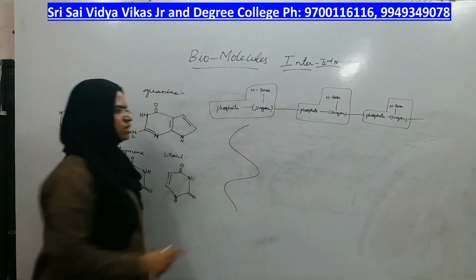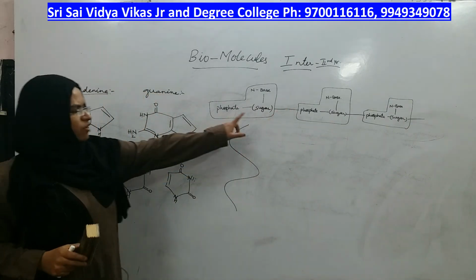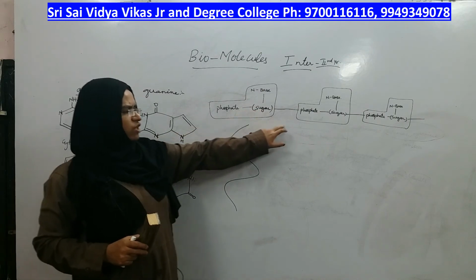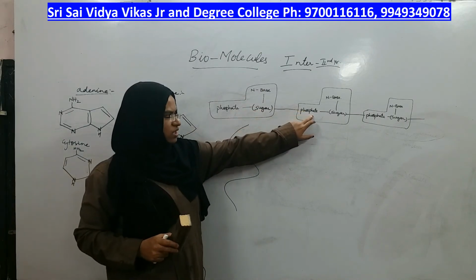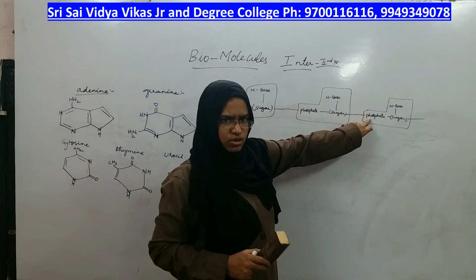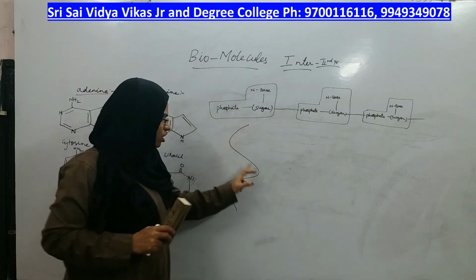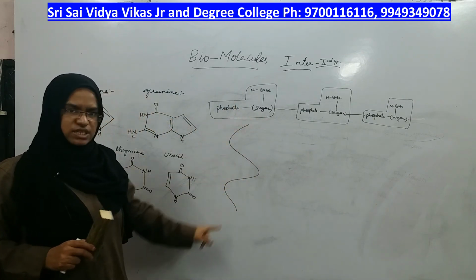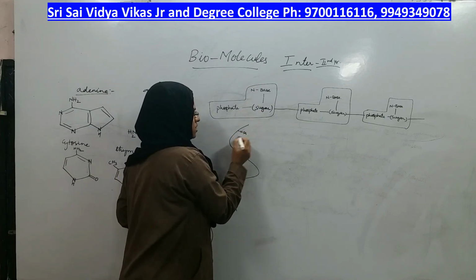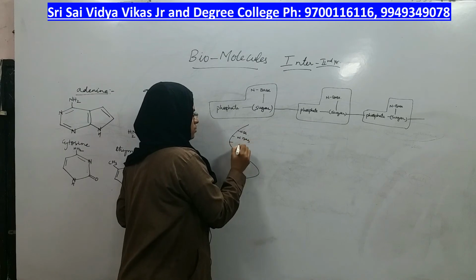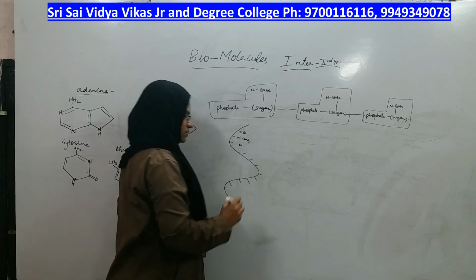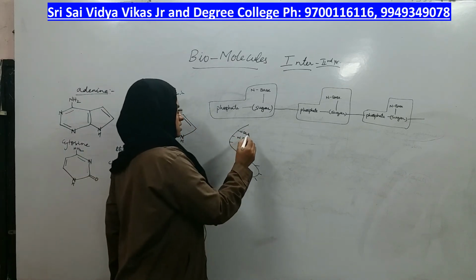I have shown a bond between 3 nucleotides, right? Where is the bonding taking place? The sugar of the first nucleotide is forming a bond with the phosphate of the second nucleotide. In the same way, the sugar of the second nucleotide is forming a bond with the phosphate of the third nucleotide, and it continues. And that long chain which I have shown here is one strand, in which at the top the nitrogen bases are present.